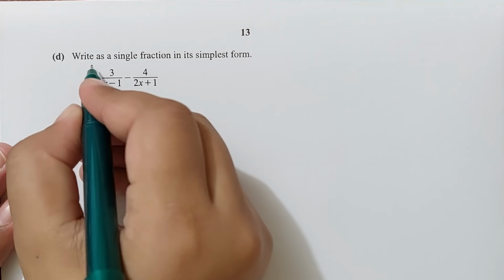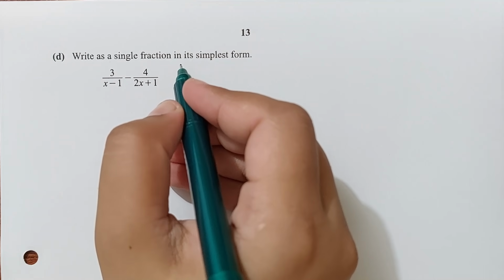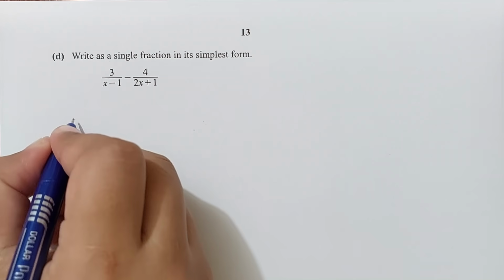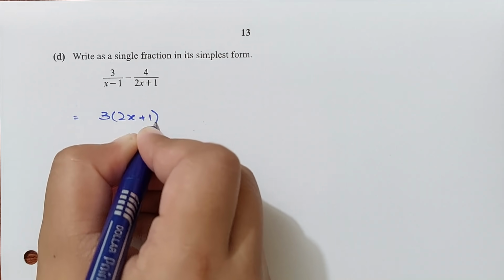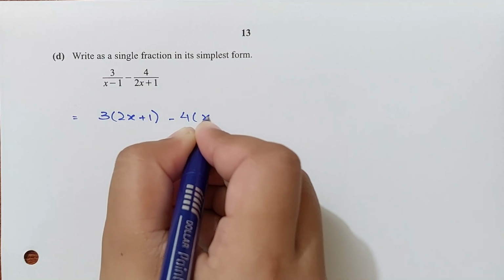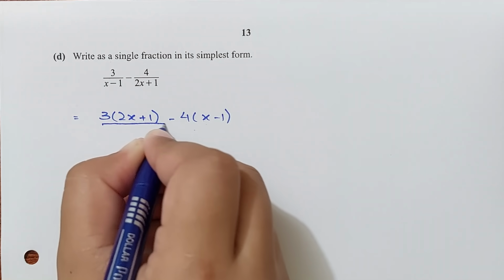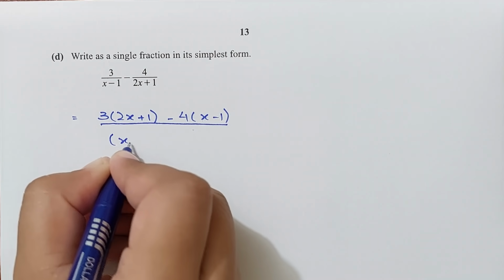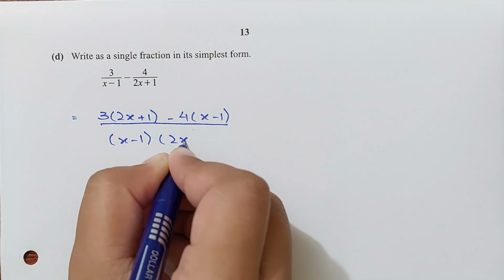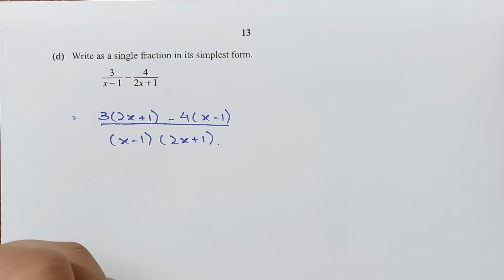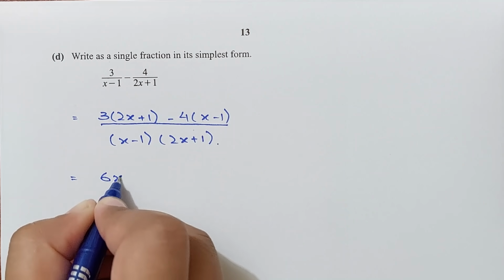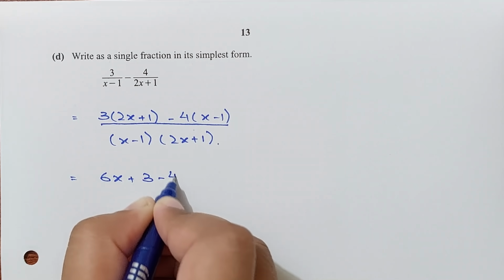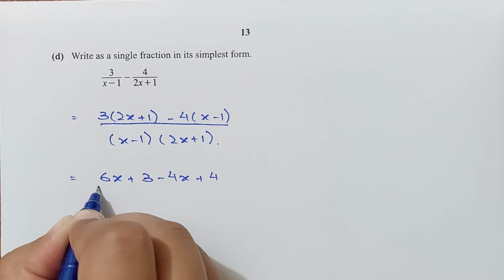Now for part D, write as a single fraction in its simplest form, right? Let me do the cross multiplication. 3 is multiplying with 2x plus 1. Negative 4 is multiplying with x minus 1. Divided by x minus 1 and 2x plus 1. Alright. Okay, so 3 times 2 is 6x plus 3 minus 4x plus 4, divided by